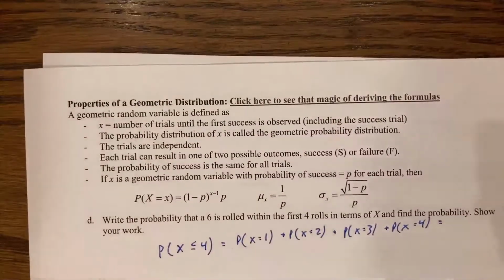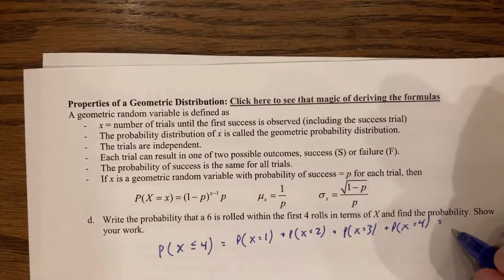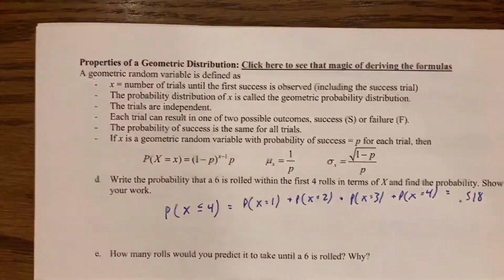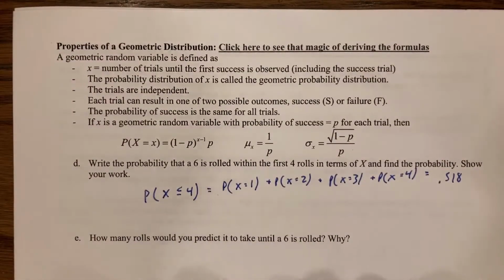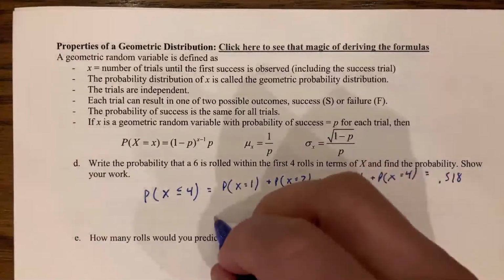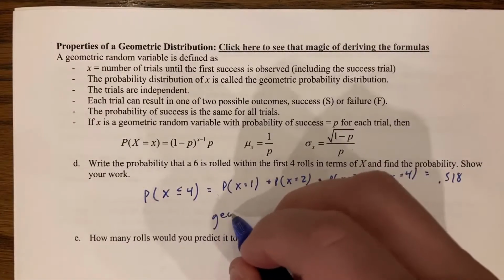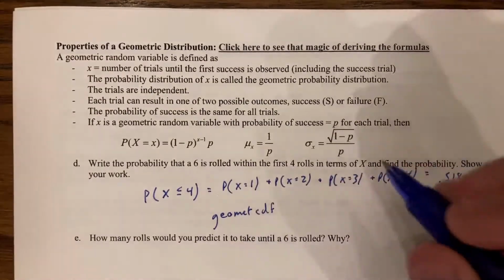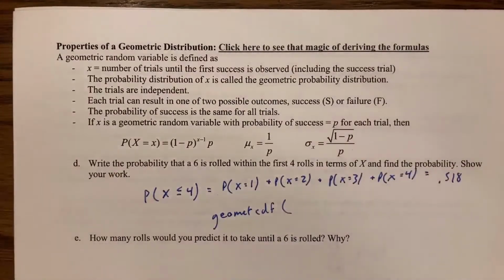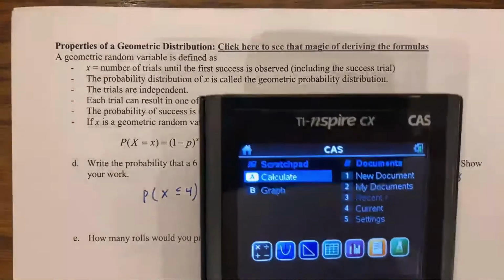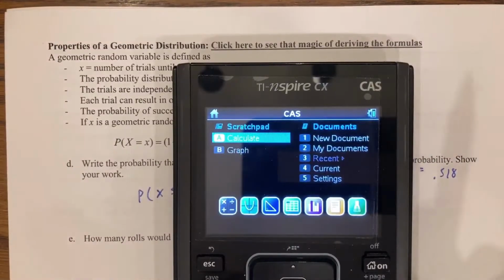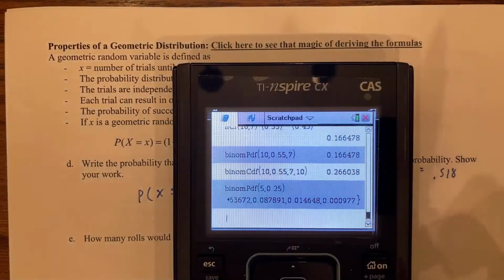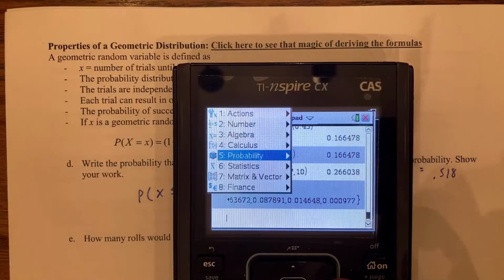And you get 0.518. So you have about a 50% chance of rolling a 6 in 4 or fewer rolls. There you go. Or there's a calculator thing you can do. So get out your calculators, and we're going to go into menu, probability,